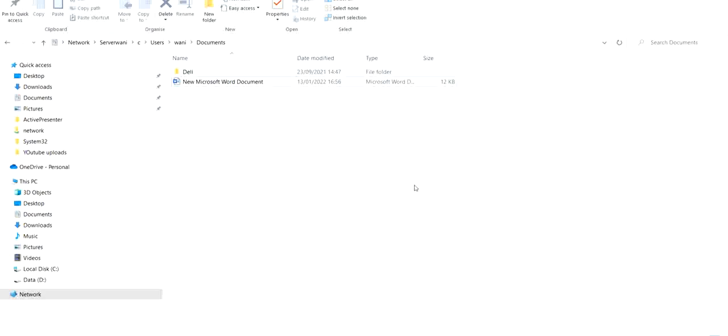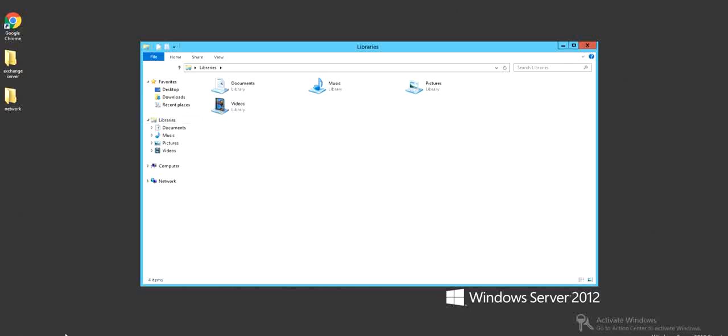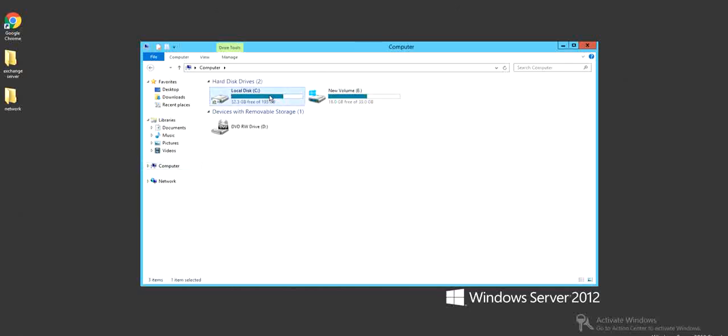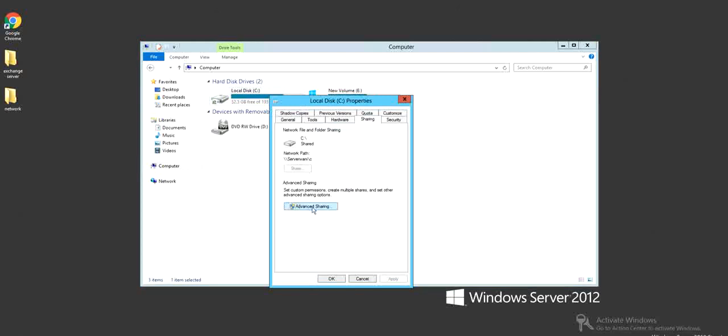to another user to make some documents or use the other resources on the other computer. Now, in the same way, if you want to not share anything, you have to go to the computer, go to this drive, right click, Properties, and go to Sharing. And if you don't want to share, you can go from here and click on Advanced Sharing, uncheck